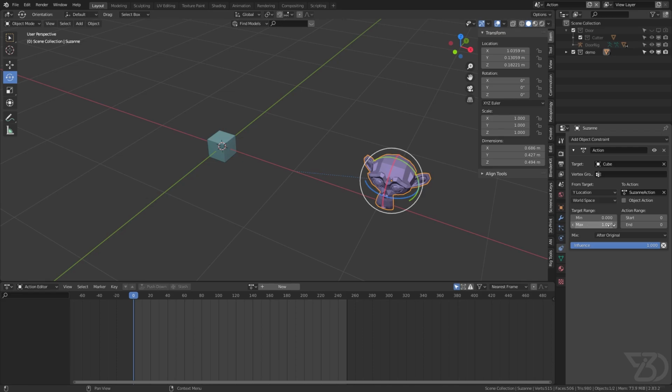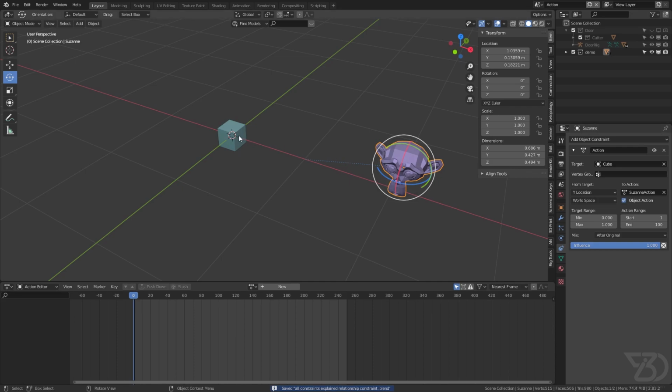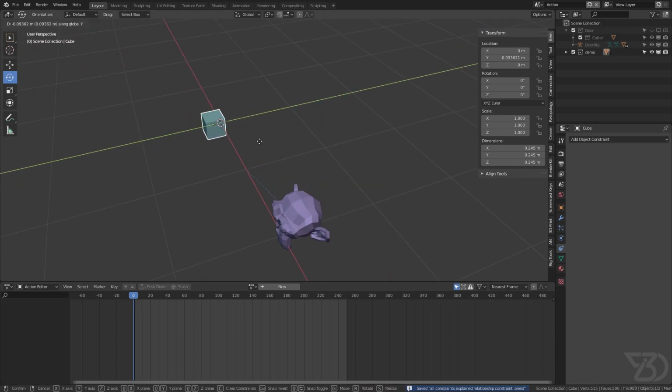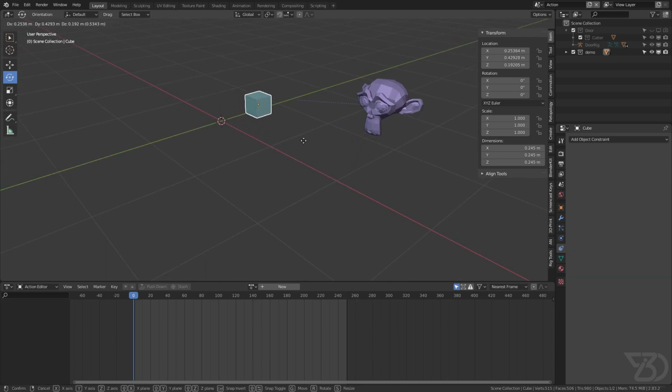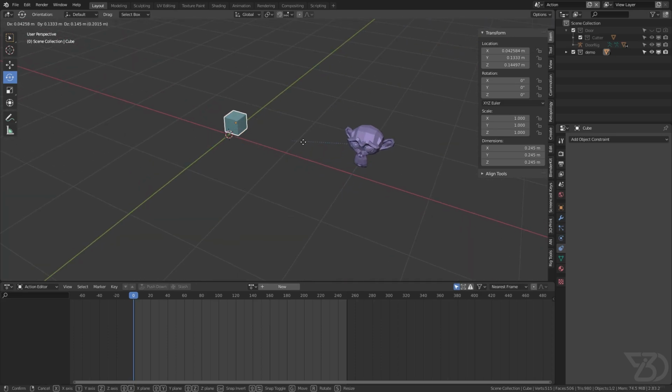Over here I will put 1 and 100. Now as I move this in the Y axis, see, it's triggering the same animation which we have just created.